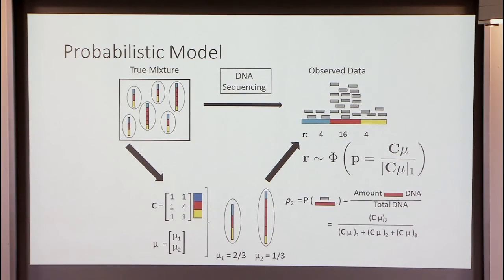Think of these as individual cells. Here I'm showing a haploid genome to keep things simpler. There are normal cells that have one copy of each of these three colored intervals. There are tumor cells that have 4 copies of the red, so I can describe this mixture by this integer valued matrix whose columns indicate the populations and rows indicate the number of copies of each. Then I've mixed these two populations in certain proportions. Here, 2/3, 1/3.